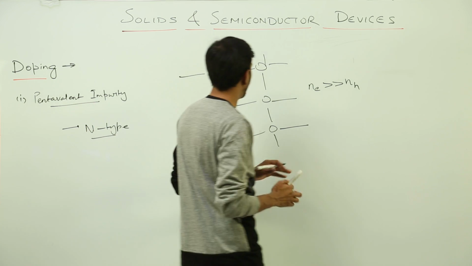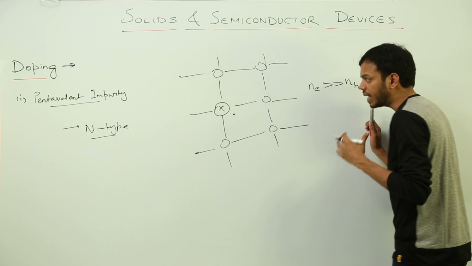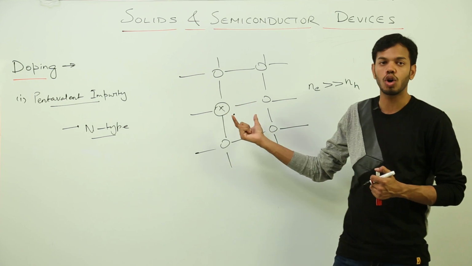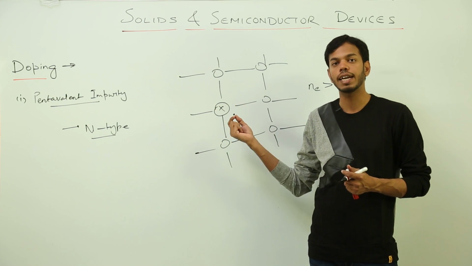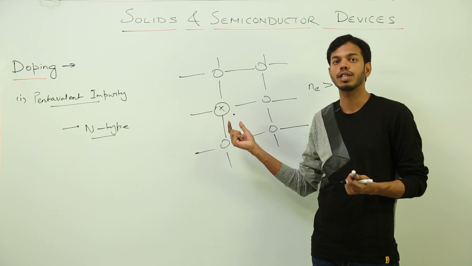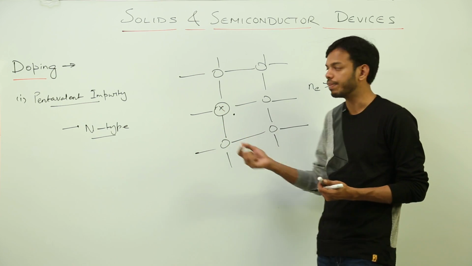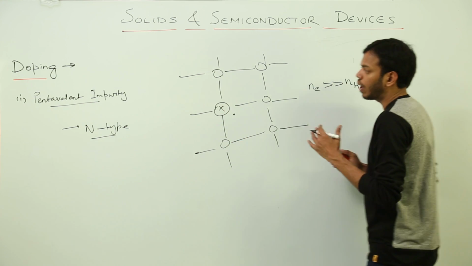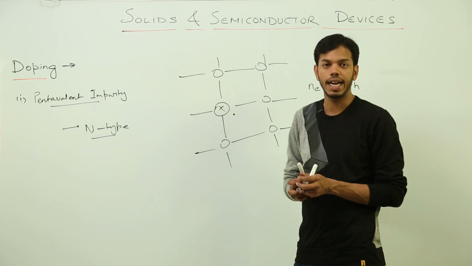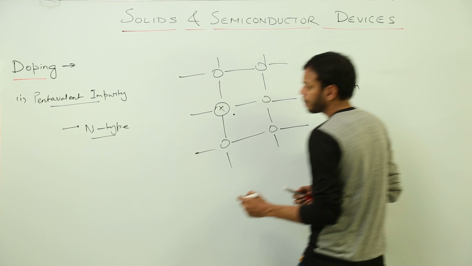Simple. So what has happened? We have added a pentavalent impurity, due to which there are 5 electrons, out of which 4 electrons got bonded up, and 1 free electron was left in the void, and that gave you an additional electron with the addition of each impurity atom. So how do we differentiate the p-type from the n-type? The difference is when